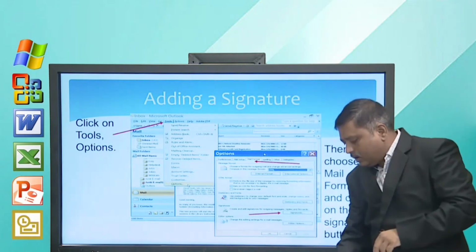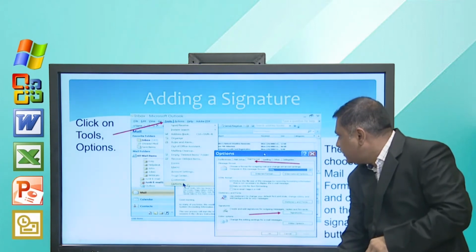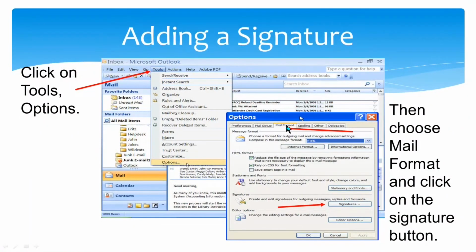So, again I repeat, tools, options, mail format and signature, and then you have to click on this signature. It will automatically open one dialog box where you can create your signature.